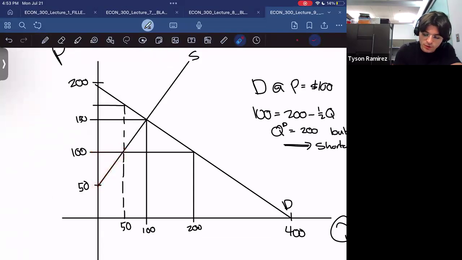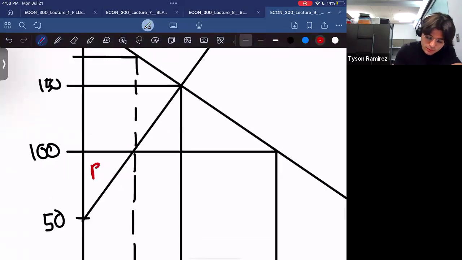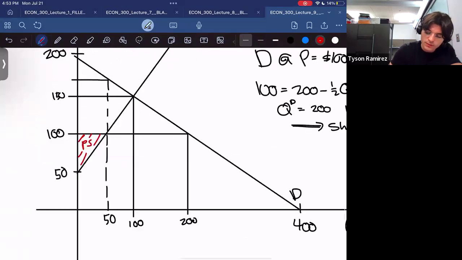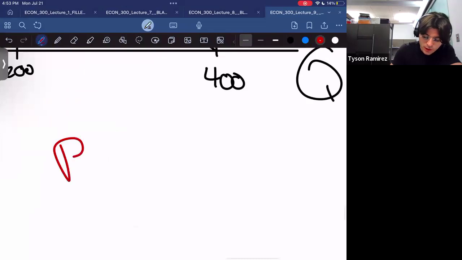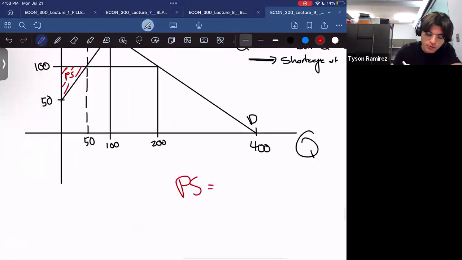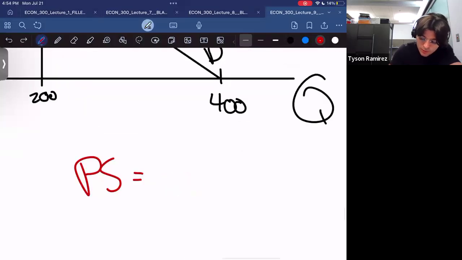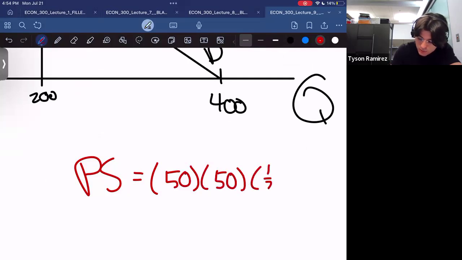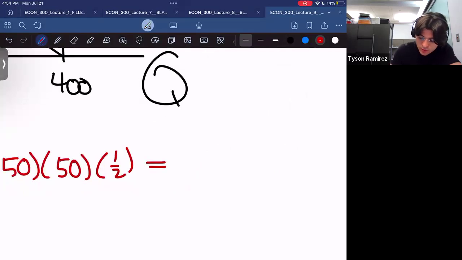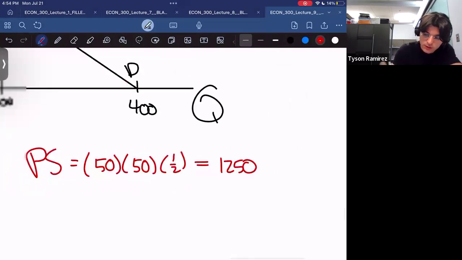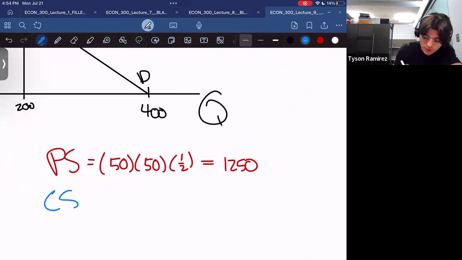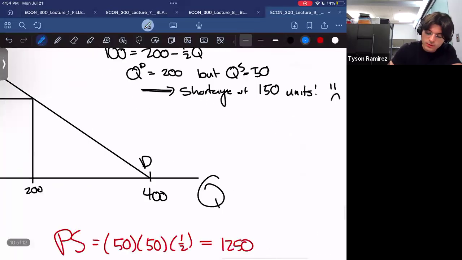We know that the producer surplus is this red area. So now we know that the producer surplus is simply 100 minus 50. So that's 50. So 50 times 50 times 1/2 is going to be equal to 1250. And then the consumer surplus, well,